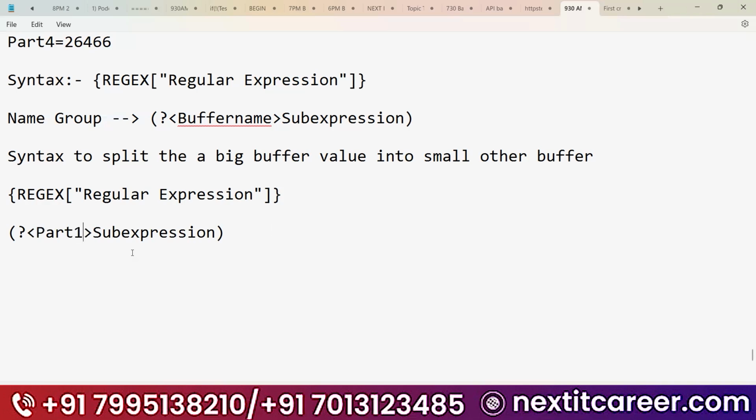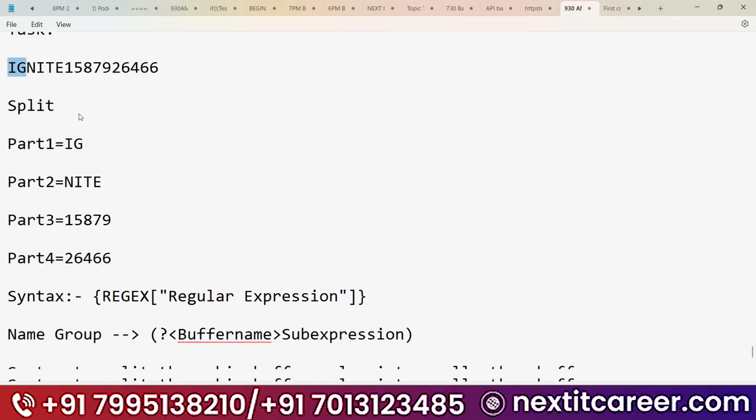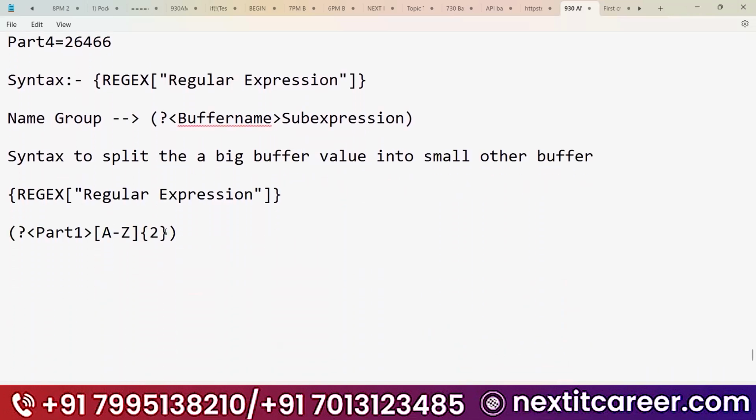Okay. Now, in the sub expression, instead of writing like this, you can follow this one. Okay. So capital A to Z and first two letters should be divided. Okay. See here, guys, here this first two letters should be done. Okay. Next one. So this one expression is done. Okay. So this is how you can do it. Else you can hard code the value also if you need. But hard code is not recommended.